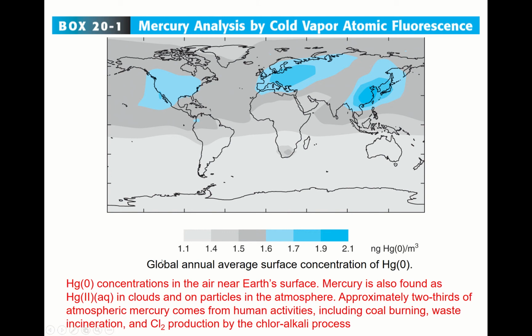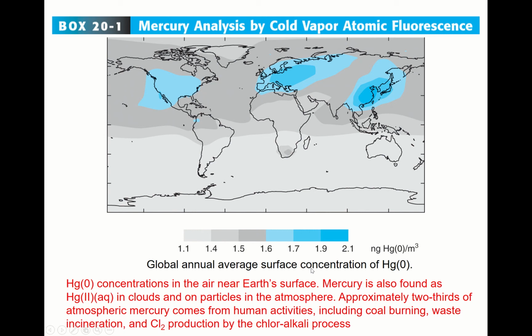Okay, mercury, zero valent mercury concentrations in the air near Earth's surface. Okay, this is a map. Mercury is also found as divalent mercury in clouds and on particles in the atmosphere. Approximately two-thirds of atmospheric mercury comes from human activities, including coal burning, waste incineration, and chlorine production by the